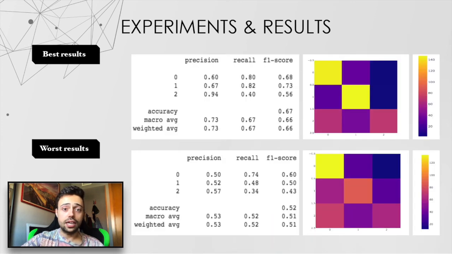In this slide, we can see the evaluation metrics on the left and the confusion matrices on the right for the best and the worst models. We can see in both of them how we obtain better results in our implementations in predicting the class 2 language, which corresponds to English. We don't know why this happens, but it is interesting to mention it.